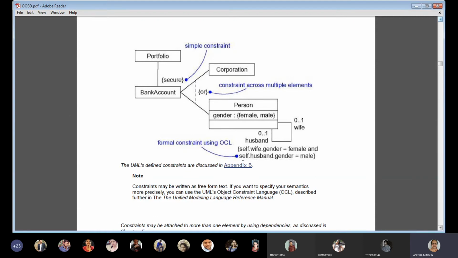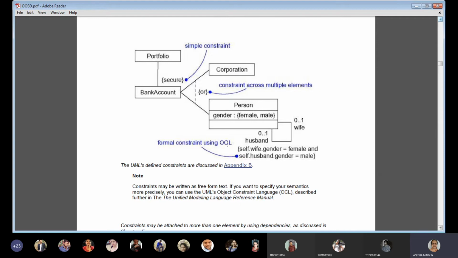And also OCL. Here OCL means formal constraint using OCL, the Object Constraint Language. Just as we are studying UML, you have other kinds of languages to learn such things in detail.